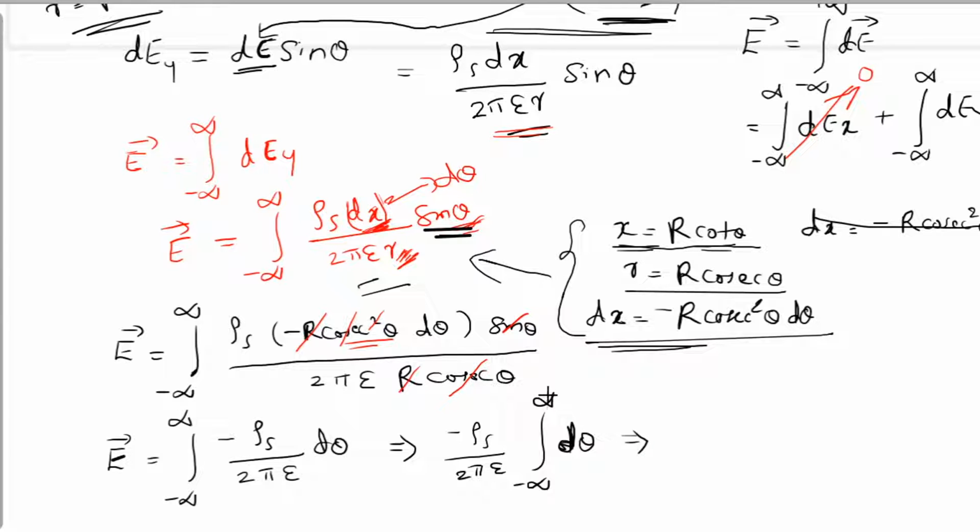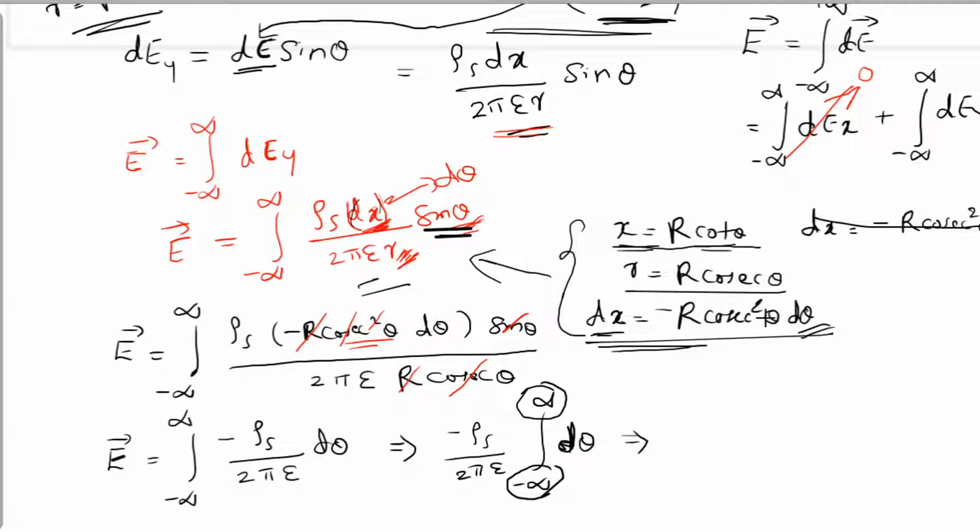Okay, now how will I integrate this? We should not forget that. Okay, we should have done it here itself, but okay, we can do it here. So when I change this dx to d theta, dx is changed to d theta. This minus infinity to infinity is for x, right? Because the sheet of charge is varying from minus infinity to plus infinity along the width. The width of the sheet is varying from minus infinity to plus infinity along the x direction. That is what is represented by this, minus infinity to infinity dx.